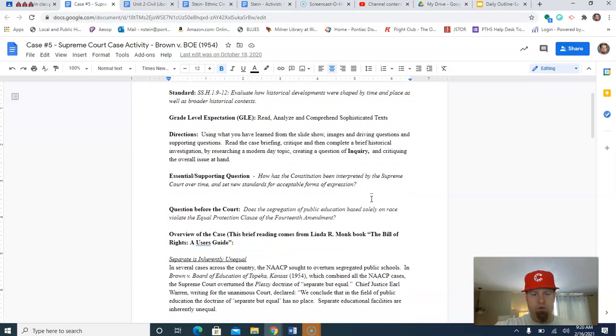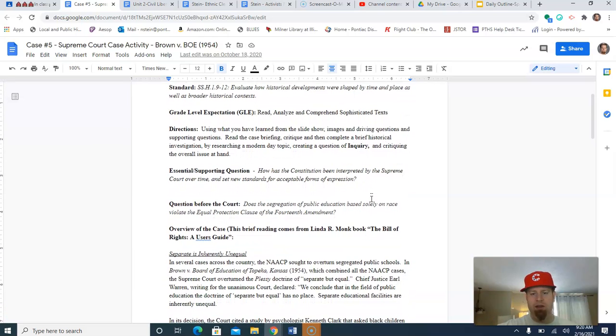So, directions: using what you've learned from the slideshow, which we haven't done quite yet, so it's somewhat out of sequence, but that's okay. The essential question is, how has the Constitution been interpreted by the Supreme Court over time and set new standards for acceptable forms of expression? And the question before the court in this particular case is, does the segregation of public education based solely on race violate the Equal Protection Clause of the 14th Amendment? So there's the 14th Amendment coming up again, as it routinely does, as it's one of those very important amendments